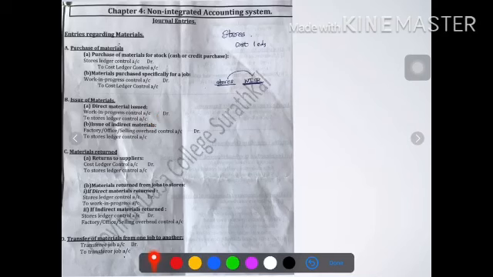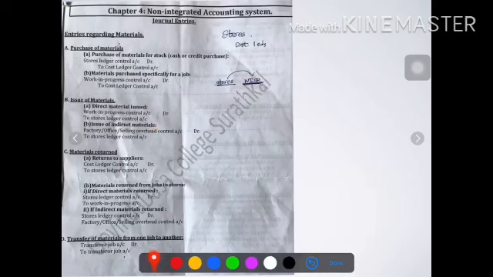And from where it is going, or who is the giver, will be stores ledger control account. As we already saw in the previous case, when we purchase the materials, they will be stored in stores ledger control account. Therefore, from there we are actually issuing it to the production. Therefore, stores ledger control account will be credited. Therefore, the entry for issue of direct material is work in progress control account debit to stores ledger control account.